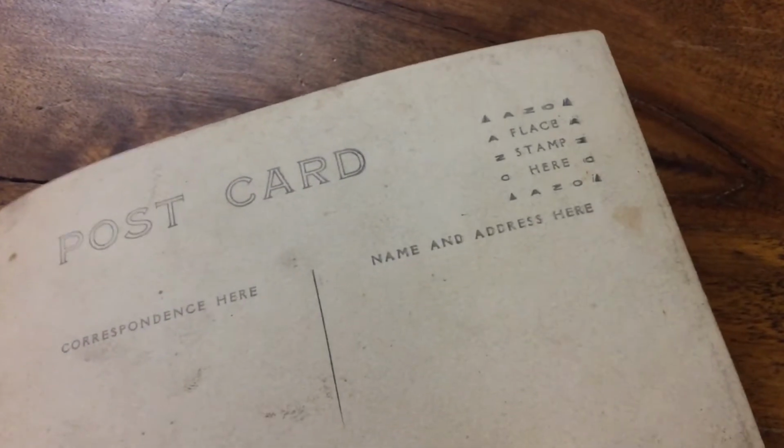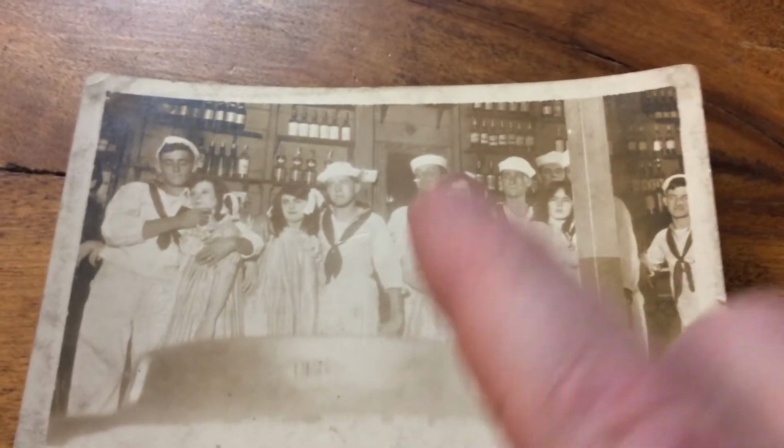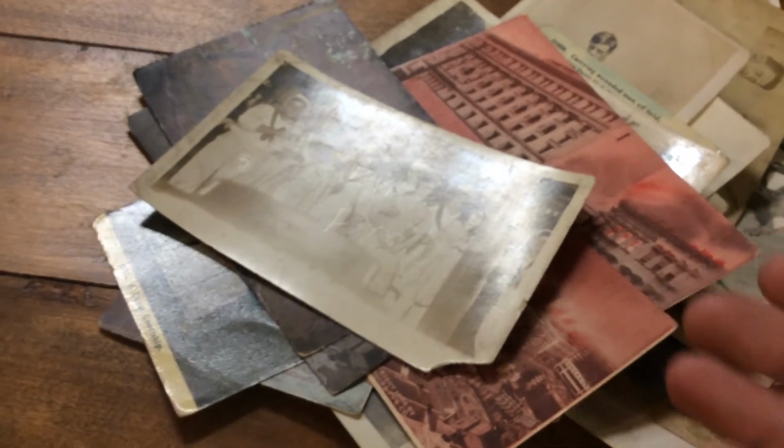That is a postcard. And if Grandpa was here, he'd probably say, don't show your grandmothers, between me and you. Anyway, postcards. We got postcards that can bring some all right money, but they're actually pretty fun to look at. They're a history. It is the original Facebook. It's all your postings, where you been, what you've been